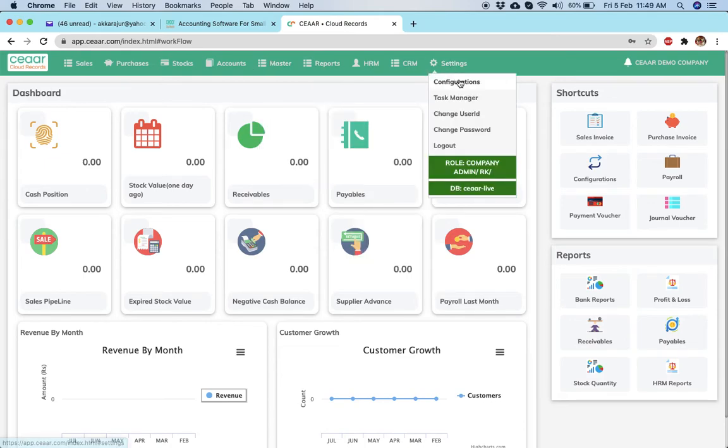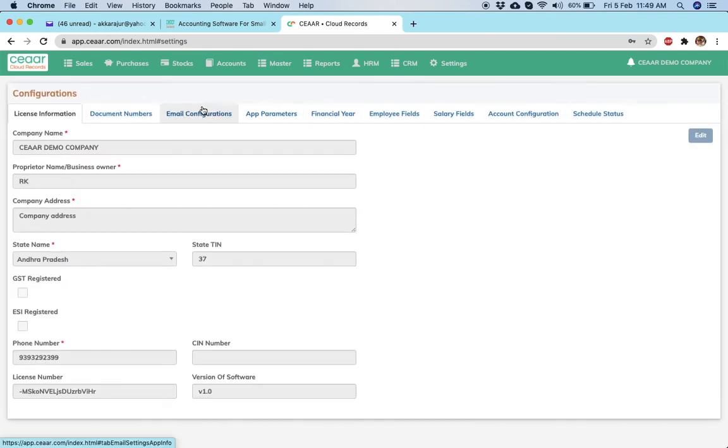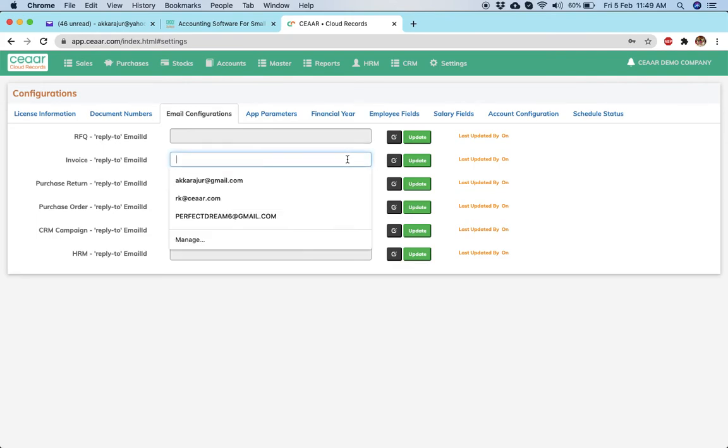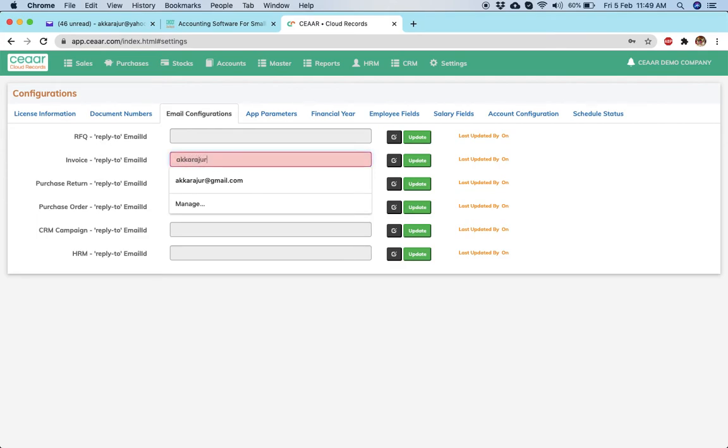Number one, go to configuration, email configuration. If you want to send your invoices to your customers by email, you need to enter the reply to email address. So I am typing my email ID.